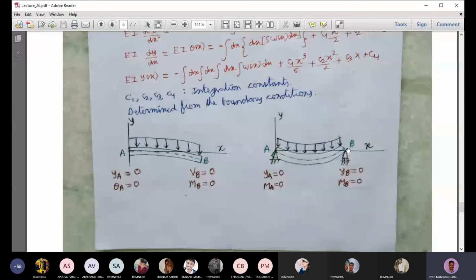And the remaining two boundary conditions will be force boundary conditions. So I think the bending moment MA is 0 and ME is 0. At point A, bending moment is 0, and at point B, bending moment is 0. So with that, we can get those remaining two equations. We can solve this simply supported beam one more time and see how to